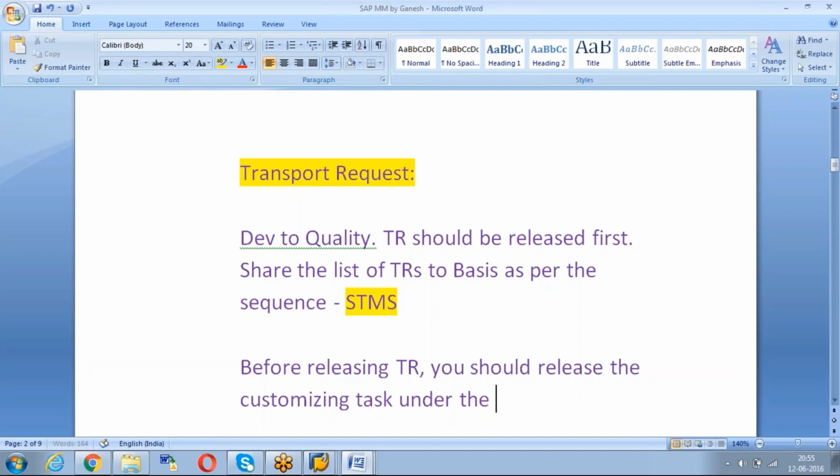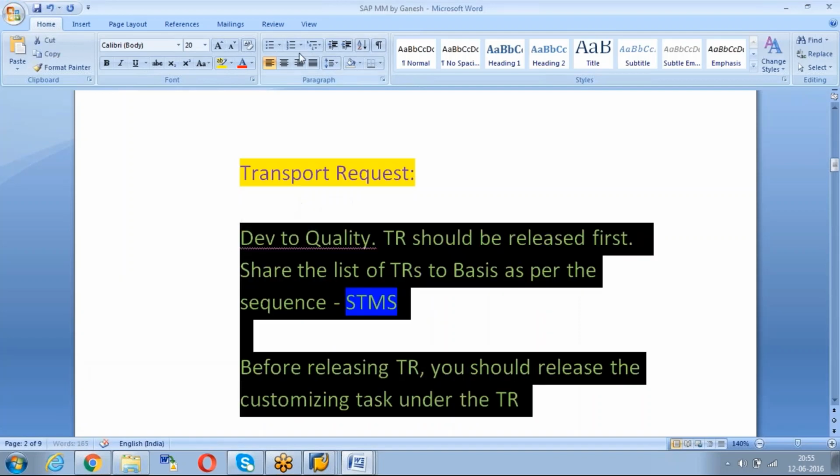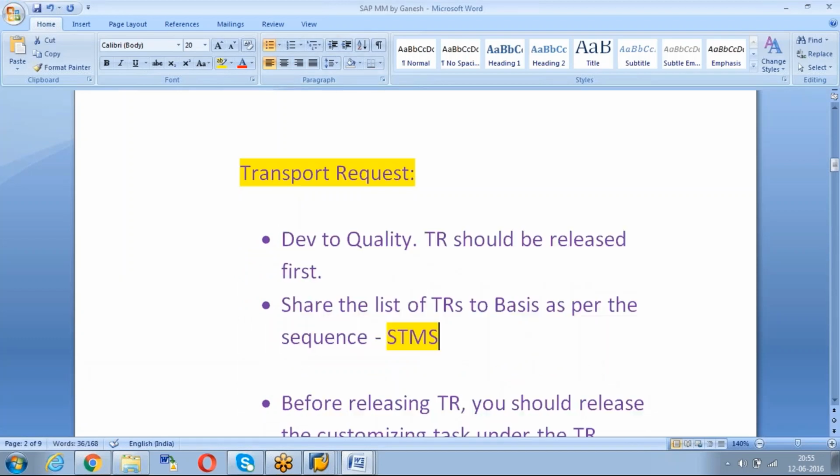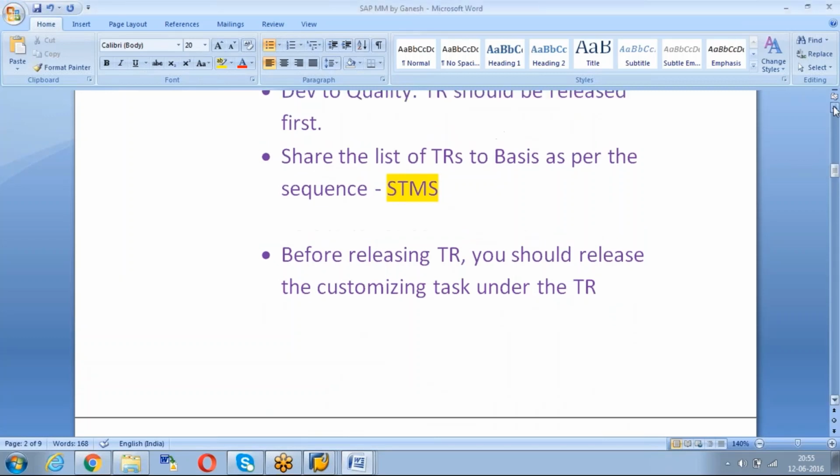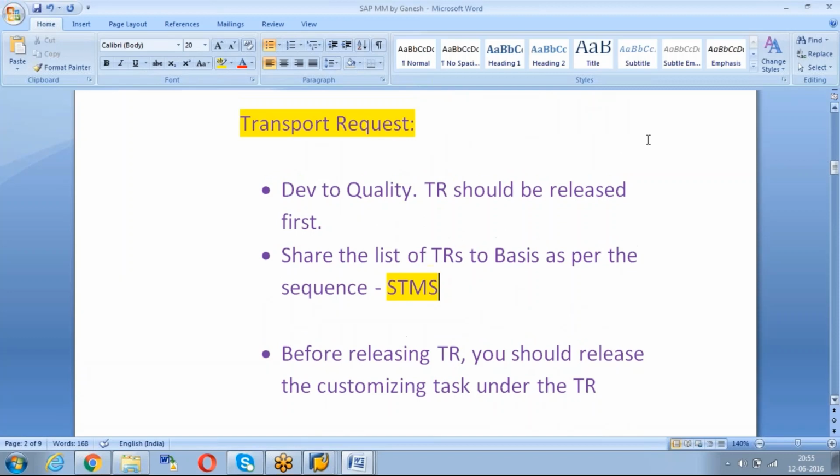Okay. This point we can just highlight it. TR should be released first. Share the list of TRs with basis.